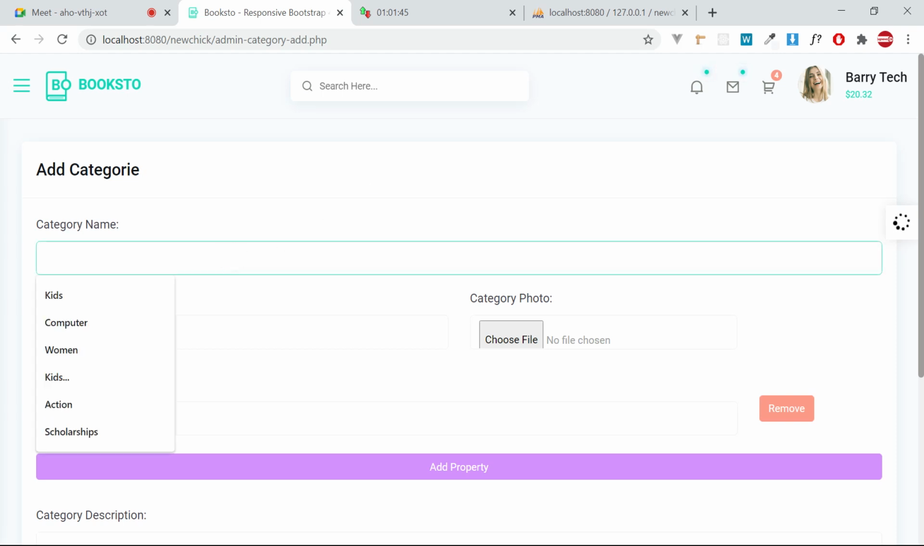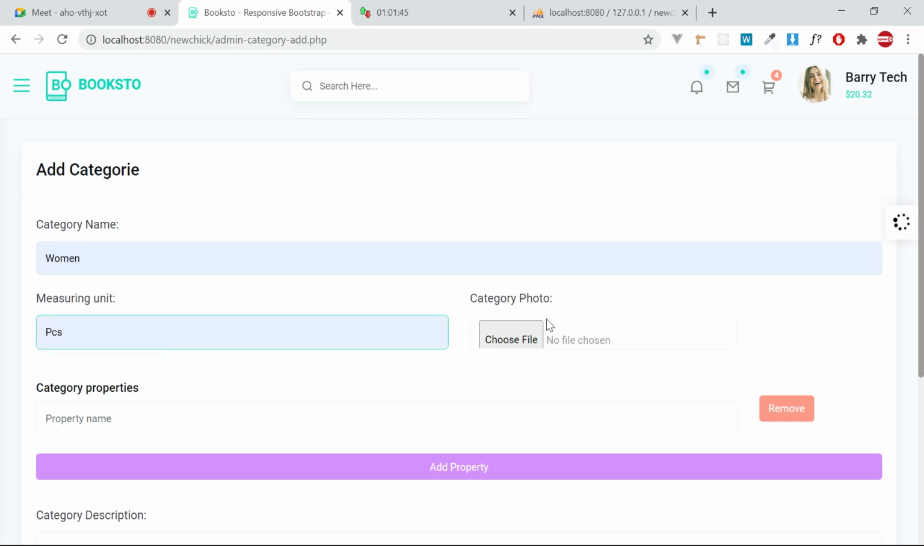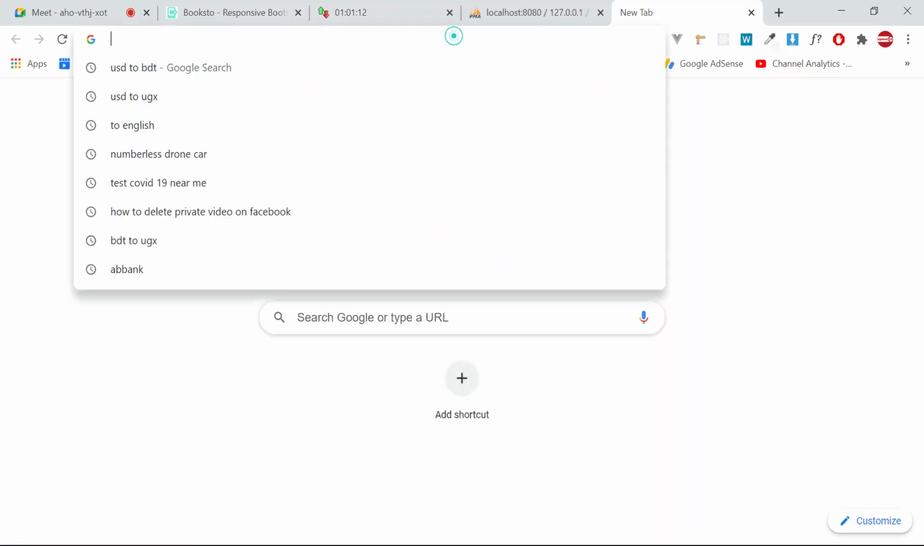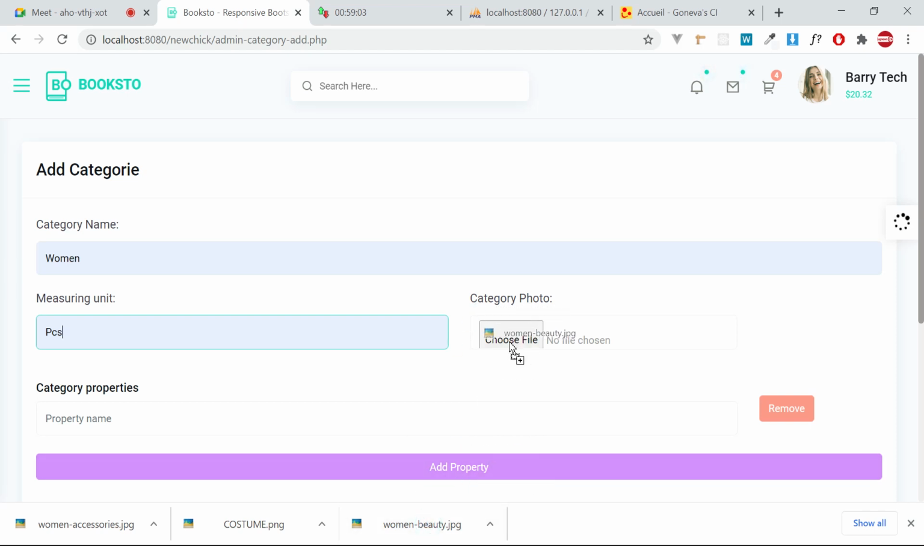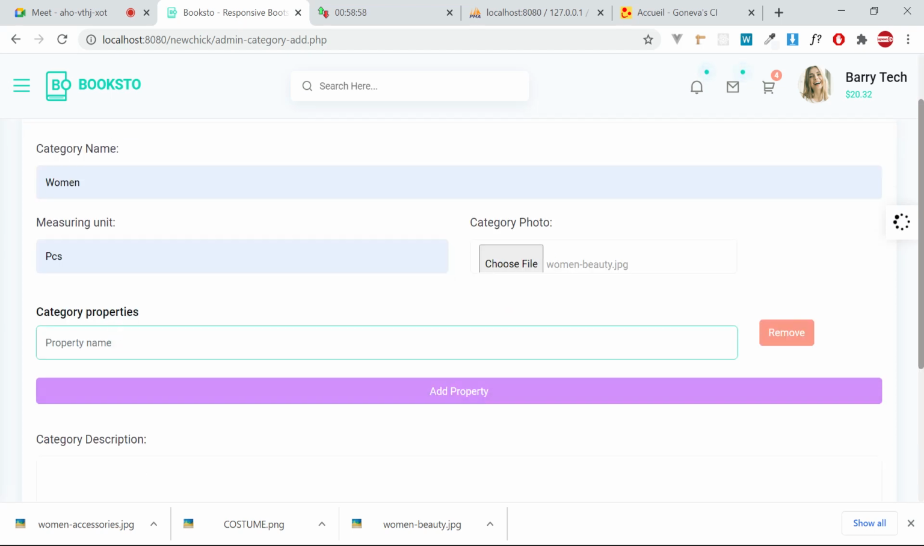So we'll put here women first, of course, for the fashion. It will be measured in pieces, and then we put the photo that's going to represent women's products. So I'll just simply come and get a photo here. I've downloaded some category photos for women. I'll put it there, so we can see the properties of